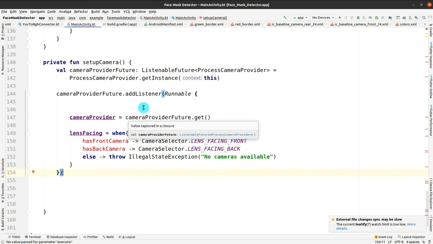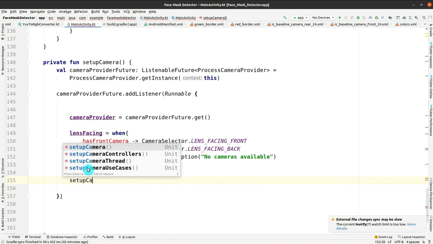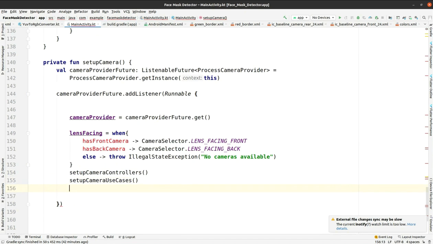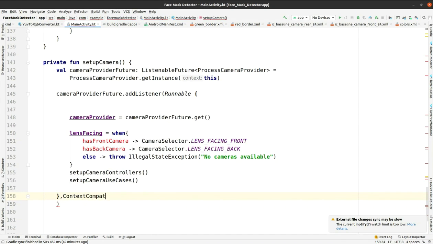Here we have to call the functions setup camera controller, and the second one setup camera use case. Afterwards you have to write ContextCompat.getMainExecutor by passing the context this. So write it here, ContextCompat.getMainExecutor, pass this. Okay,